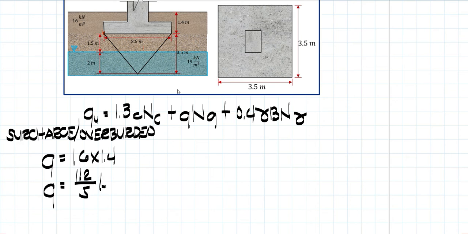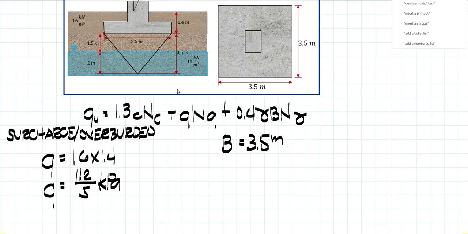That is in kilopascals. Next, yung base naman natin or yung B on the third term will be equivalent to 3.5 meters, kasi square yung footing natin. So, wala namang least dimension sa kanilang dalawa and they are both equal. So, we will just use the 3.5 meters. Ngayon, yung part naman ng unit weight gamma from the third term of the equation